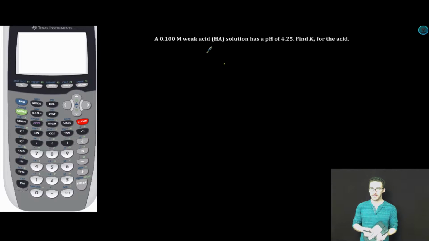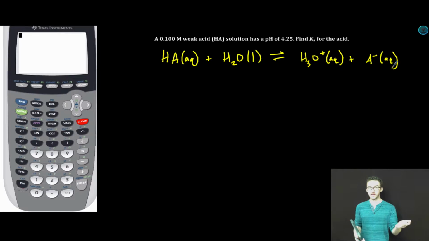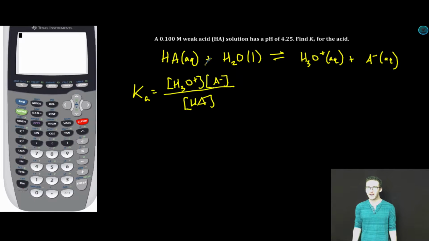Okay, I know that my weak acid, when placed in water, is going to have a general equation that looks like what you see on your screen. And based on that equation, my Ka expression, boom! So how do I figure out the value of Ka? Well, I know one part of this. I know the concentration of the weak acid is